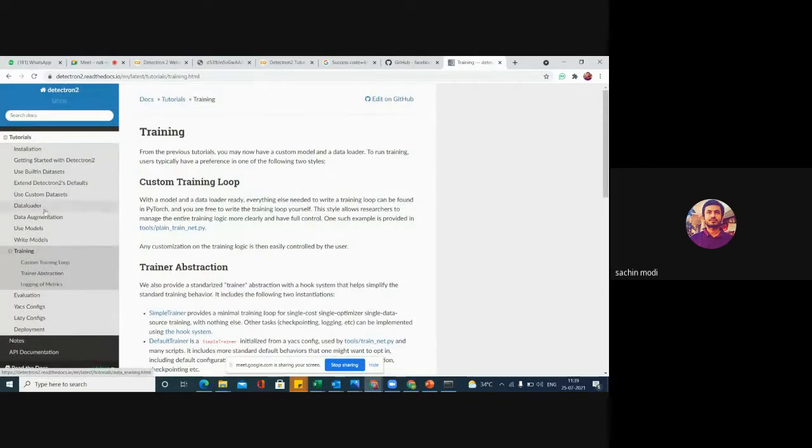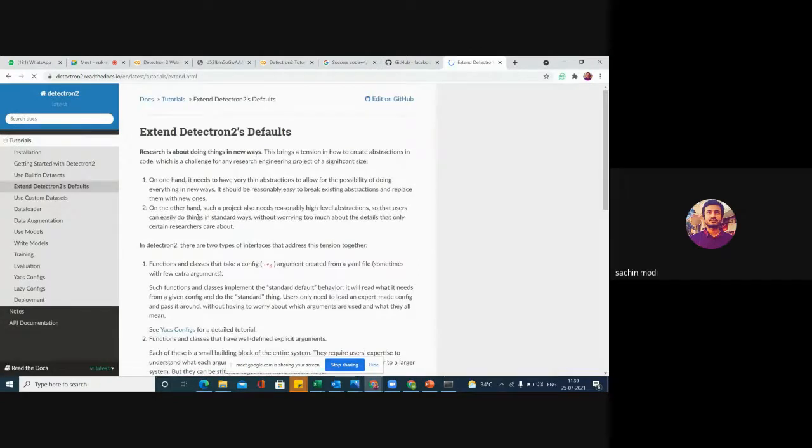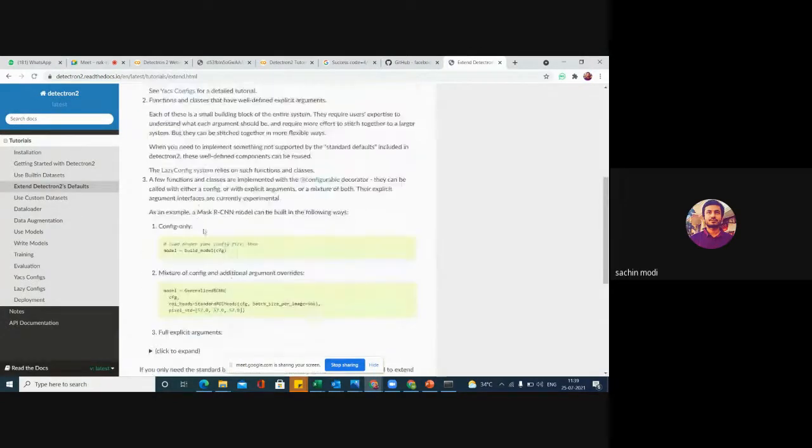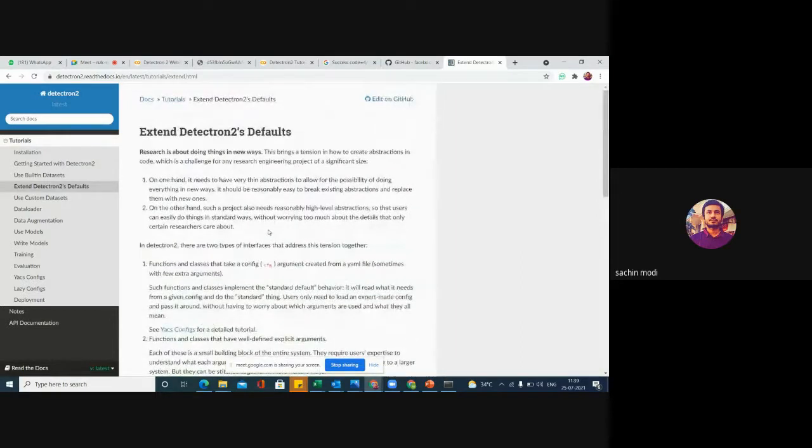And I can also add my own layers on top of it so that it can perform other tasks.